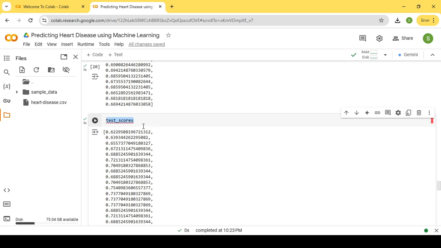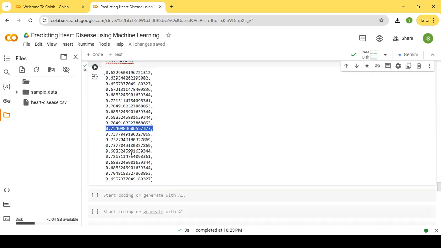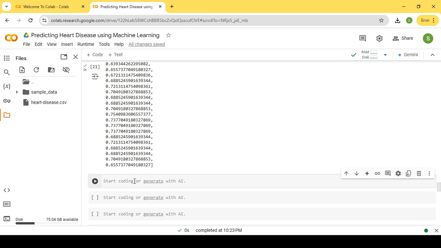Let's try to plot and visualize the results to ensure that it's more readable, understandable, and easy to interpret. To do that,